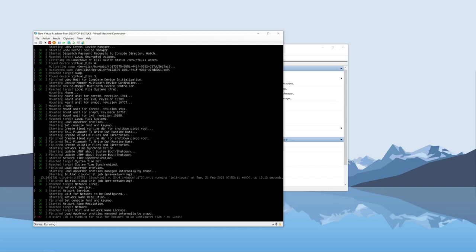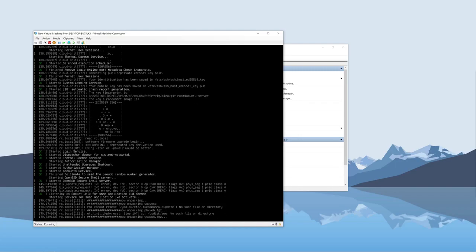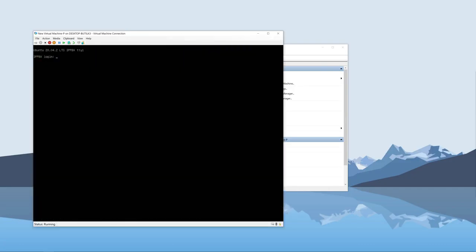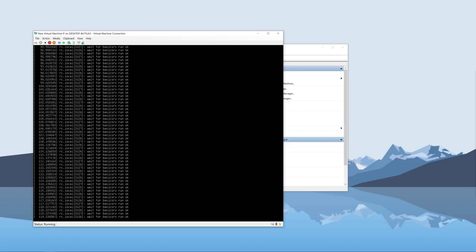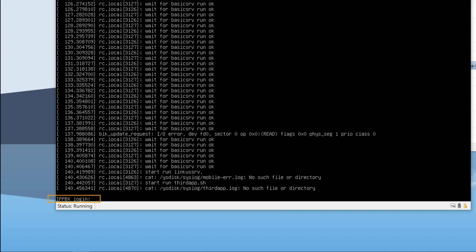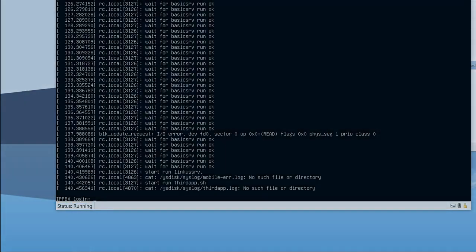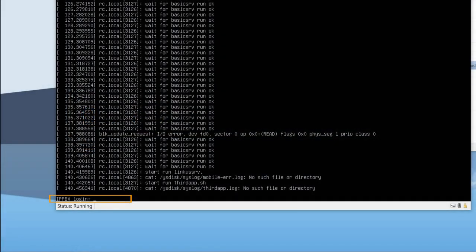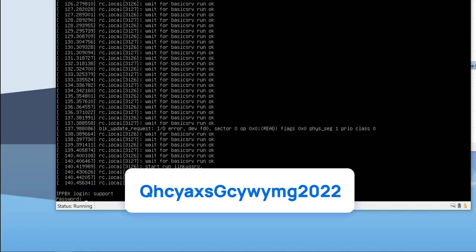The P Series PBX Software Edition will be deployed. Wait till the installation process is no longer running, then press Enter. When it's finished, we will see IPPBX login. Now, we can change the default IP address of this PBX before we access it. Here at the IPPBX login prompt, put in support and press Enter. Then a password prompt appears. Type